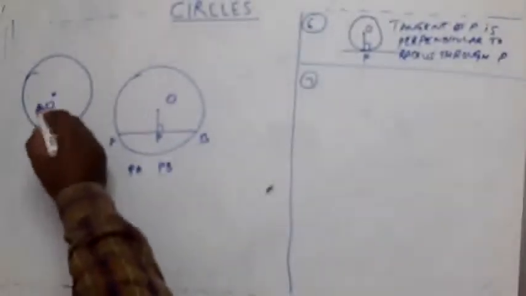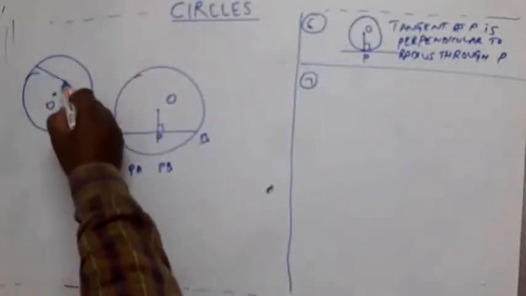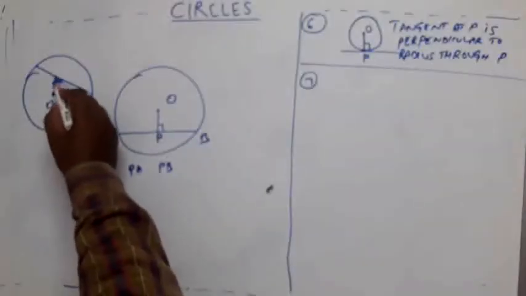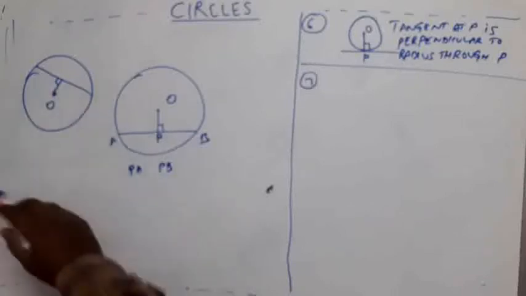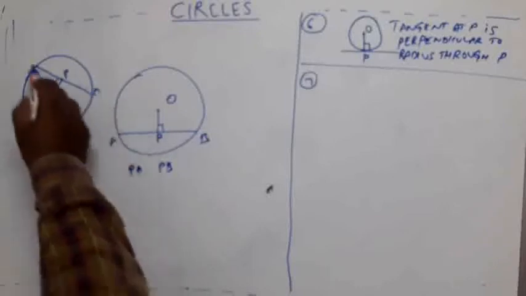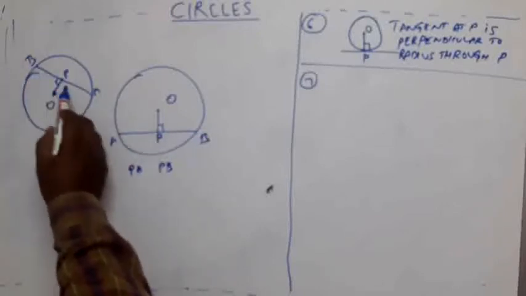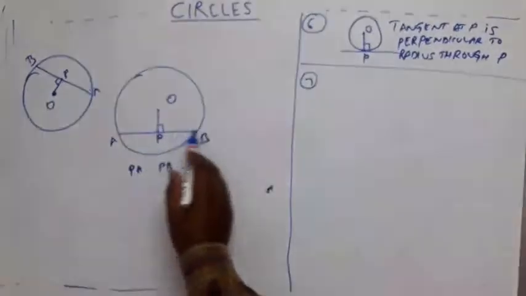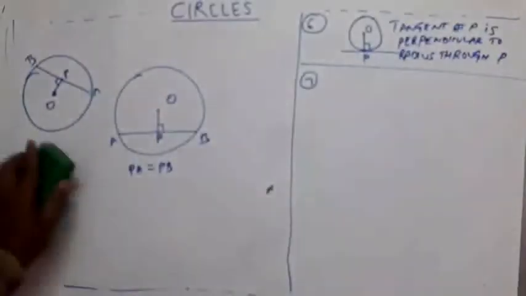Let us consider another circle. Let us say this is the center and this is a chord. I have dropped a perpendicular onto this. I am saying this is perpendicular, means this is 90 degrees, right? This is the foot of the perpendicular. Let us say this is point P. This is AB. Do you find any relation between the lengths PA and PB? Yes, what you guessed is correct. They appear to be equal, right? Length PA, PB, they are equal. The proof is very simple. This is also a very good point.